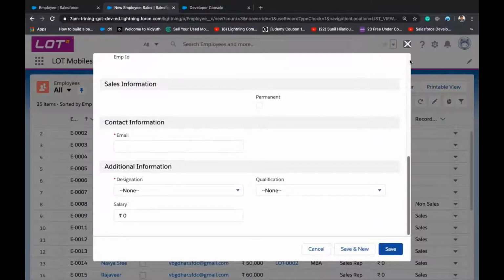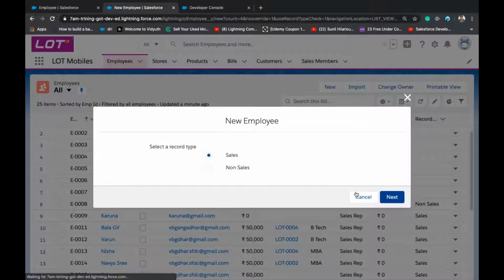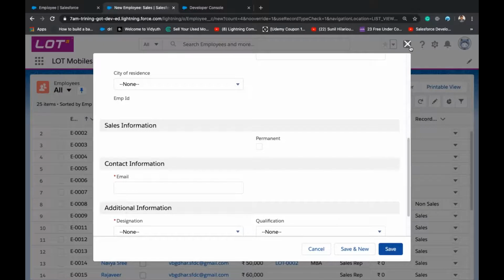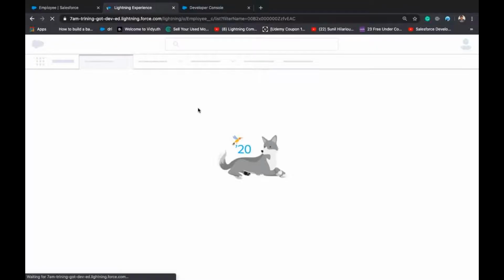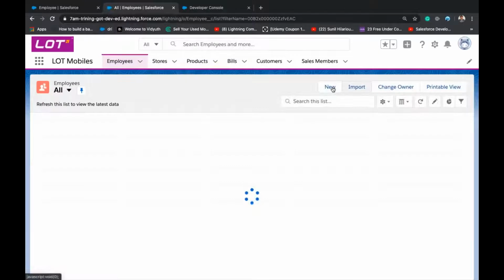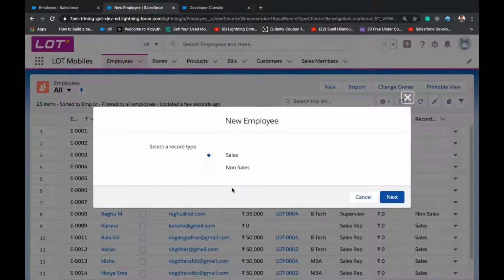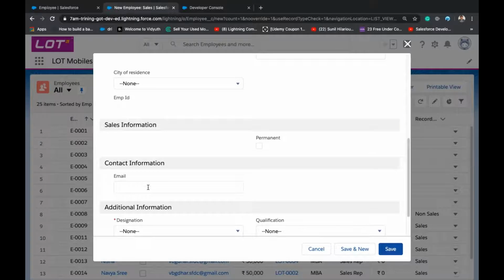Now let us go and create new. Still it's required because it's loading from the cache. Right now it's not required.